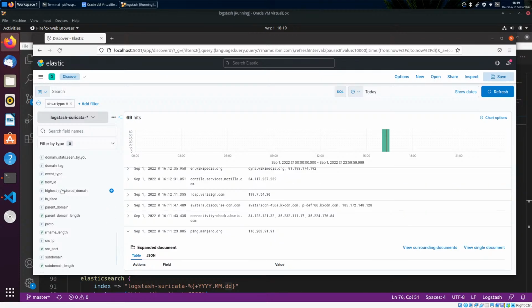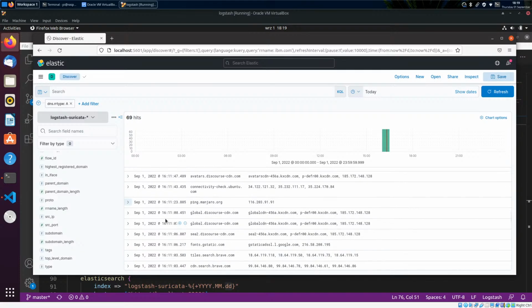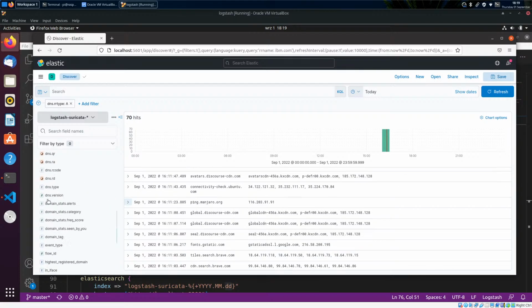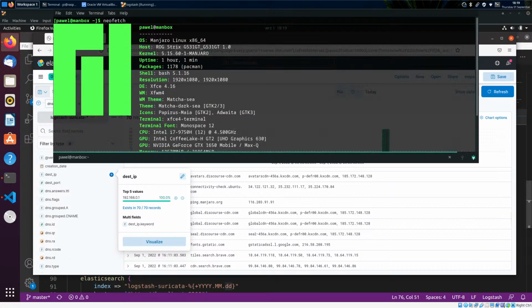let's see the destination IP. This is also cool, the next cool stuff you can do. You can see 100% is my DNS server, right? Which is the router in this case as well. But what I can do,